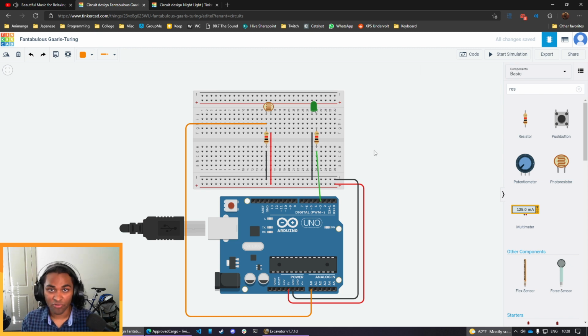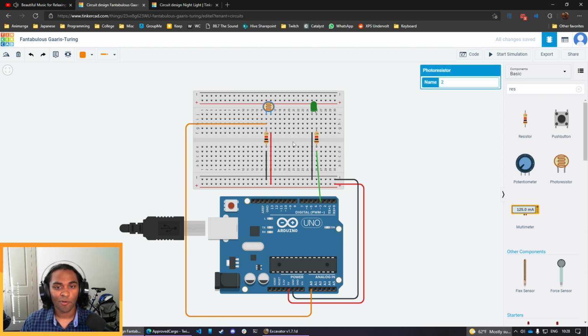This is going to be called a pull-down resistor. This resistor does two things. In the case that there is current passing through our photoresistor, it makes sure that the ground doesn't short circuit to our wire here, because there's this resistor in the middle preventing that flow of current, or I guess the lack of flow of current, if you will. The other purpose that this resistor serves is,